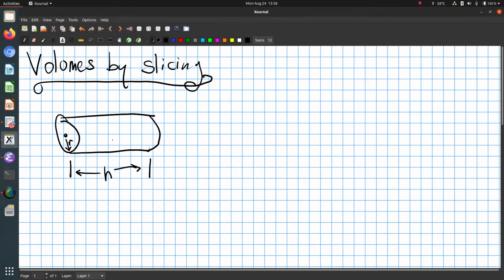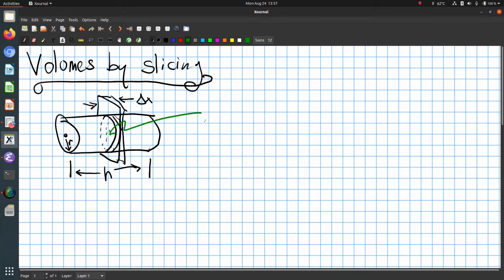Well, perhaps what you need to do is to slice this along a parallel plane. And that slice will have a certain thickness. And that thickness, for instance, might be something you call delta x. And so the volume of this circular disk